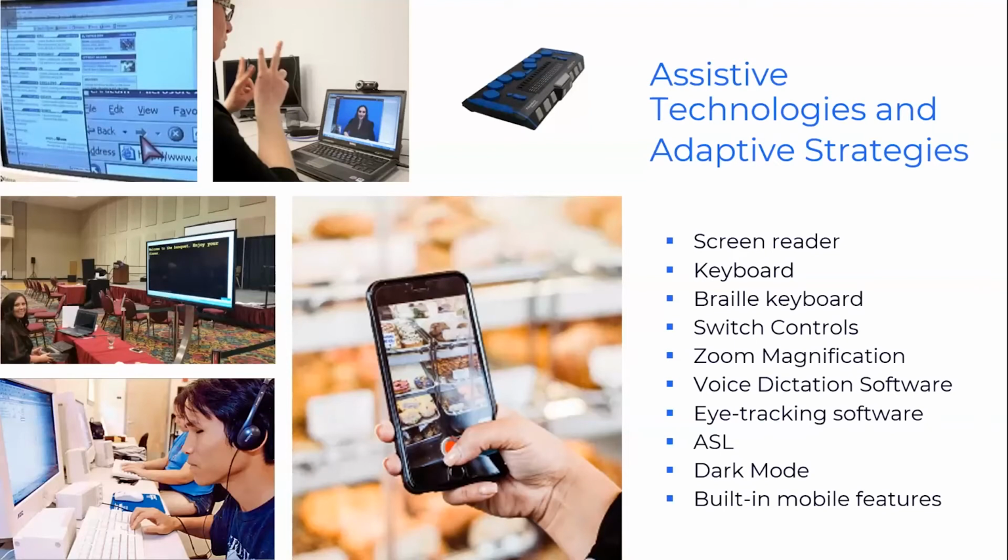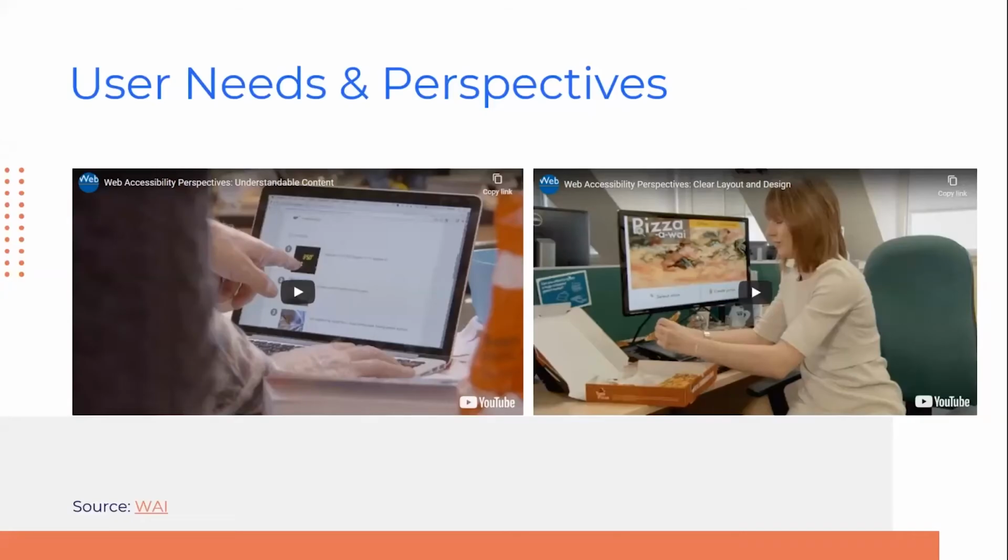So there's a lot of fascinating and exciting adaptive AT and strategies there that already exist. So let's rise to the occasion and work with them to design for them. And then, the WAI, Web Accessibility Initiative, is the department within the W3C, World Wide Web Consortium, www. They are the ones that publish the WCAG guidelines for companies and globally laws around the world. But they also have these amazing, helpful, useful resources for graphic designers, UX designers, developers, and content authors on how